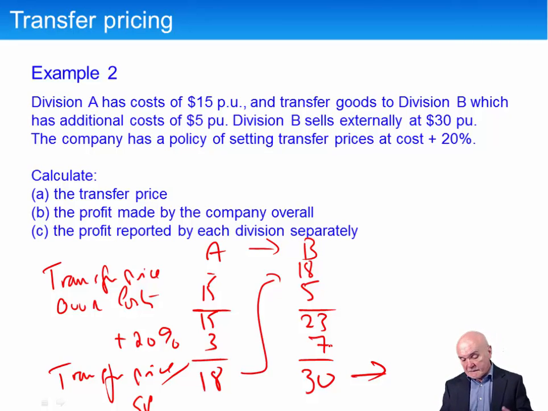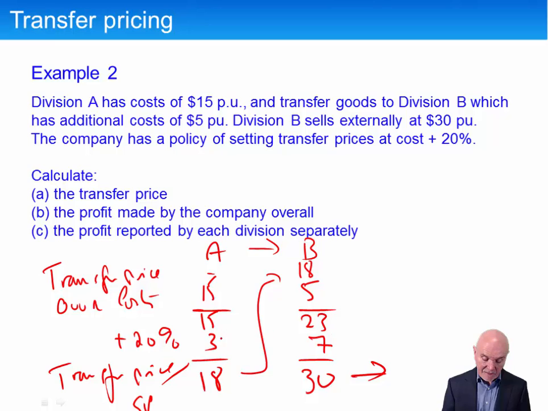So all we've done is really put a slightly arbitrary rule in here. This is called a cost plus approach to transfer pricing. It is going to give A some opportunity of profit. Also here gives B some profit. It should work. They might argue over the relative sizes of the profits. A might be complaining that it's only getting 3 per unit profit, whereas B is getting 7 per unit profit, and so on. But that's really kind of fine negotiations, but it's going to work.